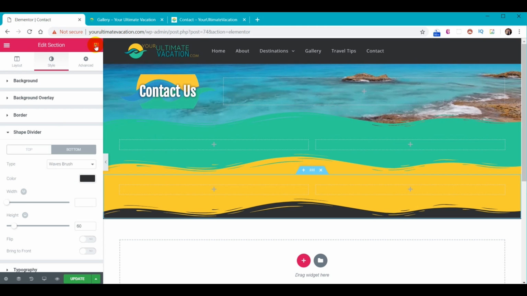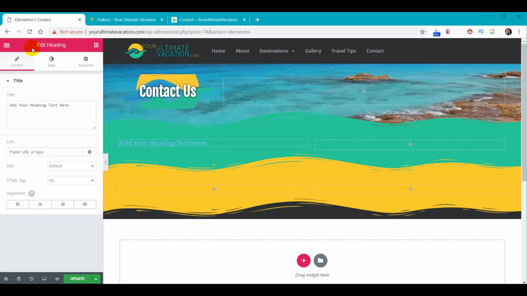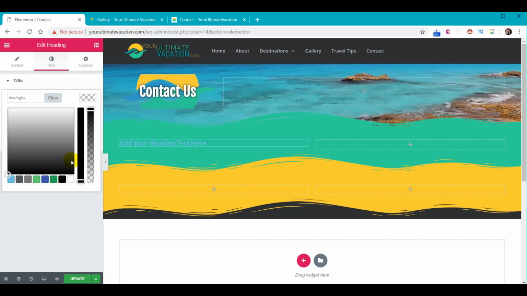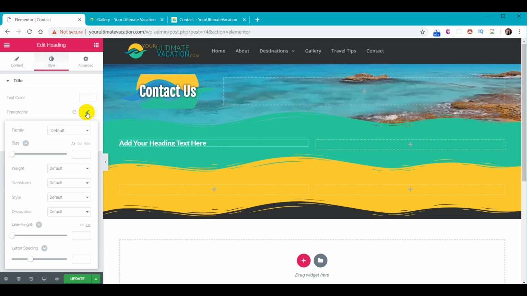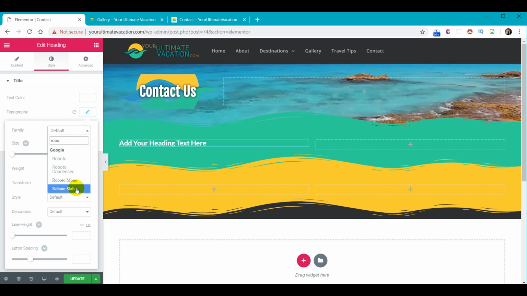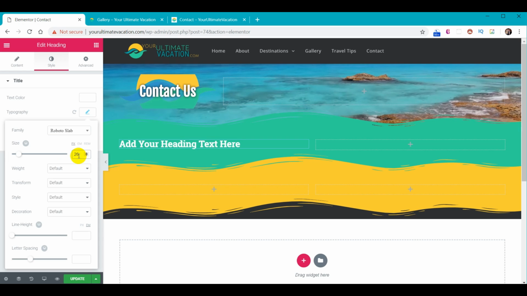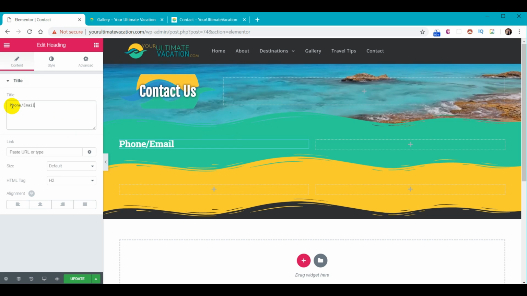So we're going to come back into the widgets, and we're going to pick a header and put it in there like that. We're going to go to Style. We're going to set the color to white. Close that. Typography. We're going to pick Roboto Slab, and we'll set the size to 26. Now we'll go back over to Content, and we'll put in the content for the first one, which will be